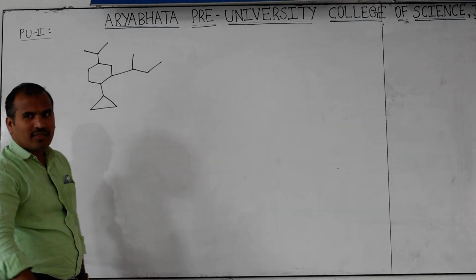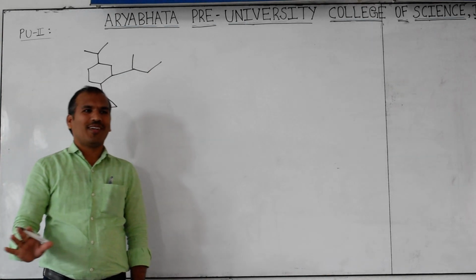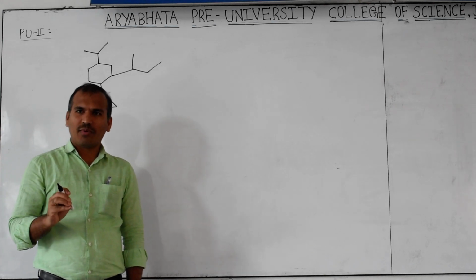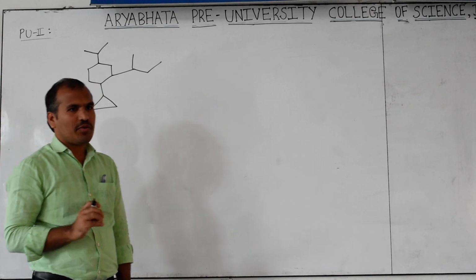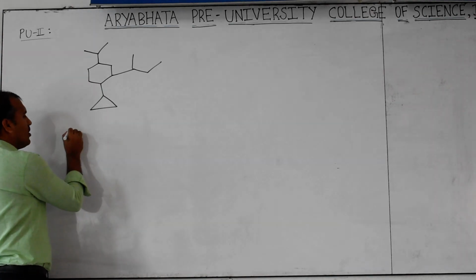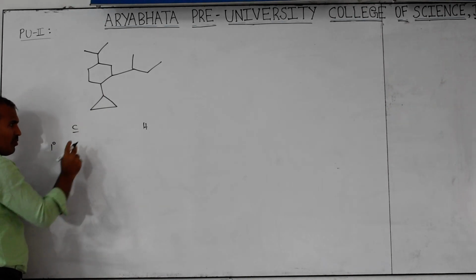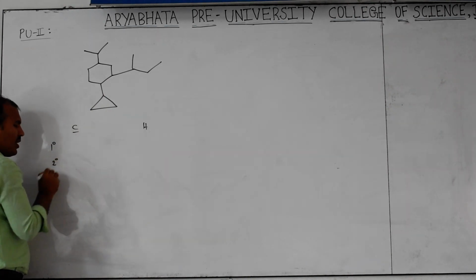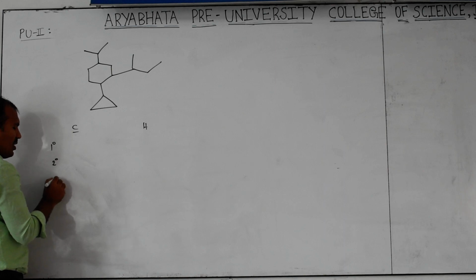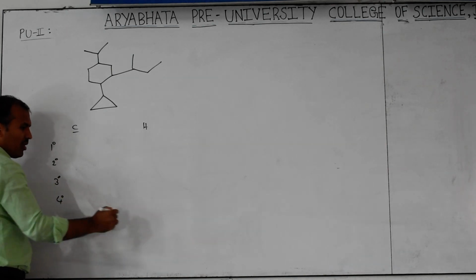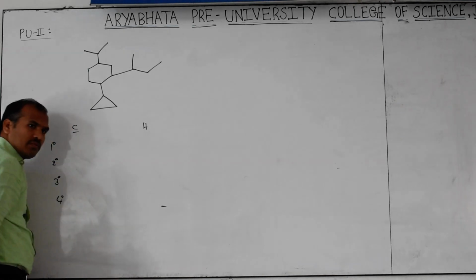These types of molecules exist or not, don't consider. These are hypothetical molecules. We just have to find the primary, secondary, tertiary carbons and also the primary, secondary, tertiary hydrogens. Now, carbon, this is hydrogen. Primary carbon, primary hydrogen. Secondary carbon, secondary hydrogen. Tertiary carbon, tertiary hydrogen. Quaternary carbon will be there, but there is no quaternary hydrogen.